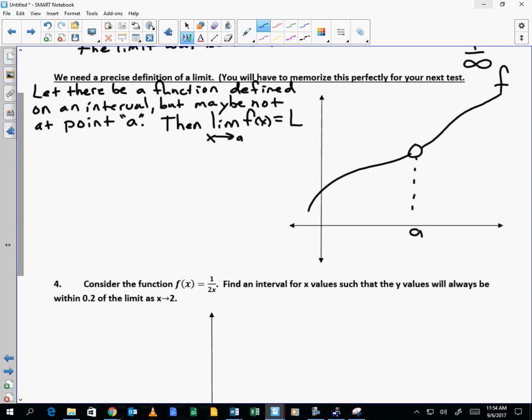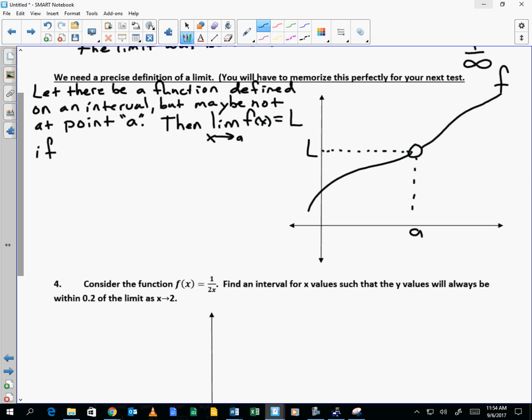If this is A, do you know what that is? Very good, Callan, that's L. Because that's the y value, right? That's what it's approaching. Does everybody see that? We just took a test on this, right? Do you have to have the circle filled in order for the limit to exist? In this situation, does f of A exist? No, but the limit exists. So the limit as x goes to A of the function is equal to L if,